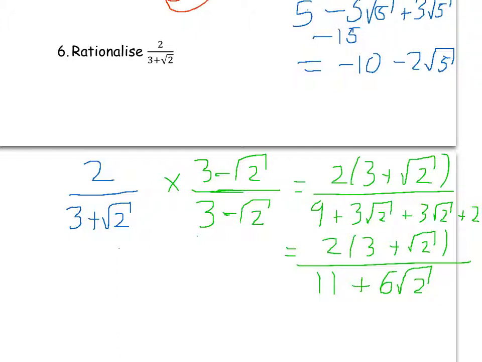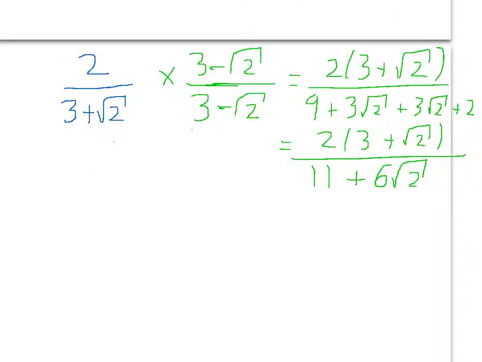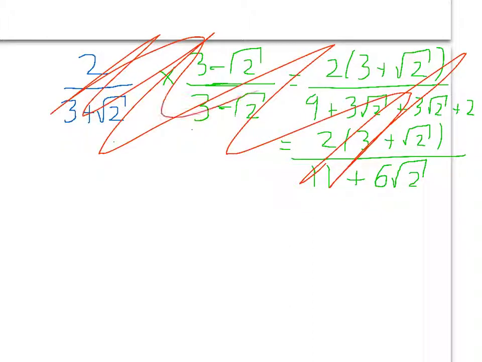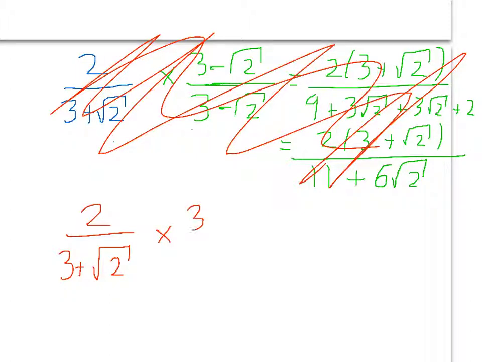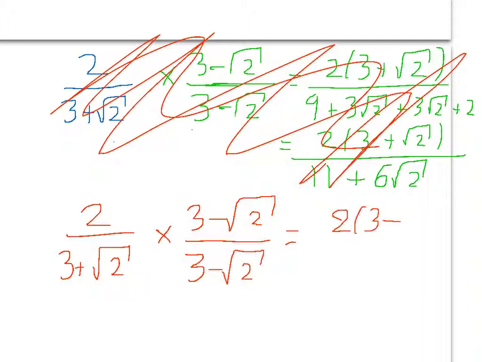So let's just start this question again at the bottom. So the question we're going to start with, let's just put a big line through that to say we're definitely not using that, that's wrong. So instead we're going to do 2 over 3 plus root 2, and we're going to multiply it by 3 minus root 2 over 3 minus root 2. And if we do that, on top we now have 2, 3 minus root 2, and on the bottom we now have